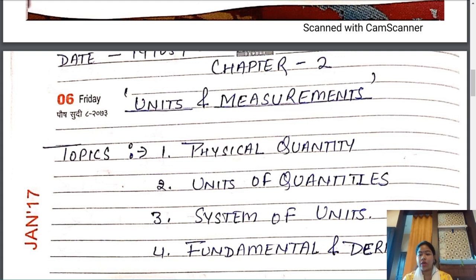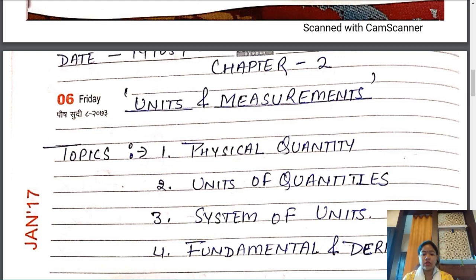Similarly, if we are going from one place to another place, how will we calculate the distance? To calculate the distance, we have the standard measurement, and we have some specific rules of physics to calculate the distance from one point to another point. So this is the need of measurement in our day-to-day life.